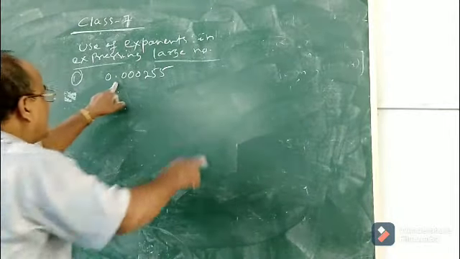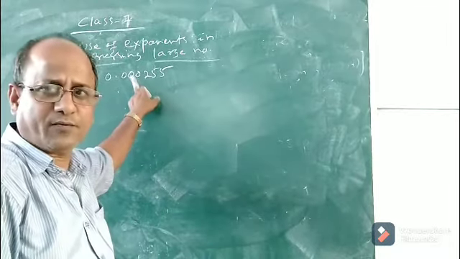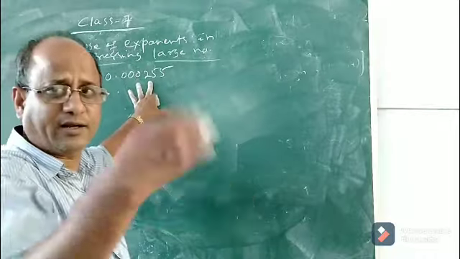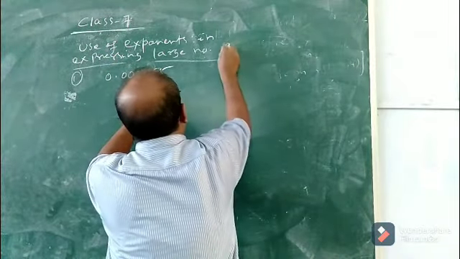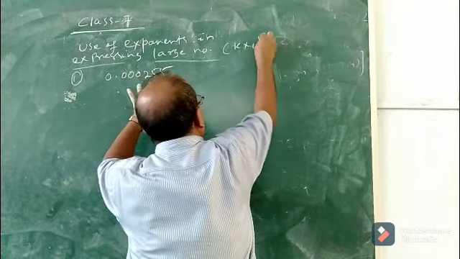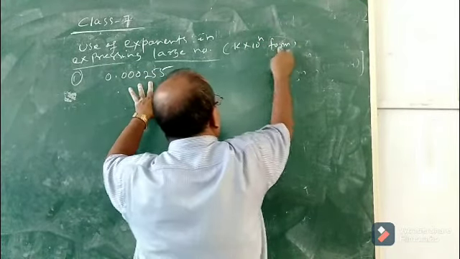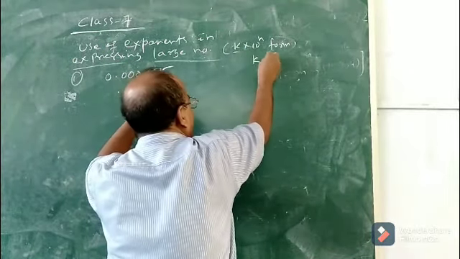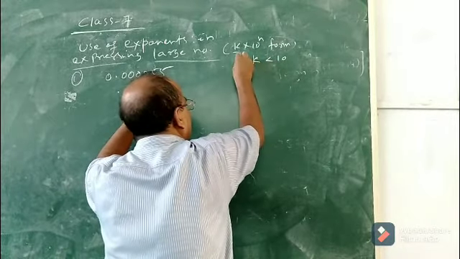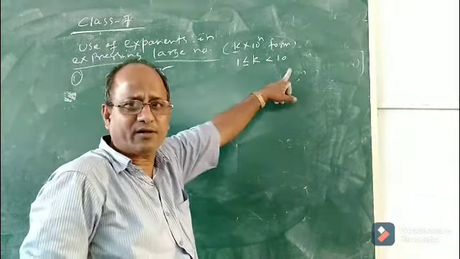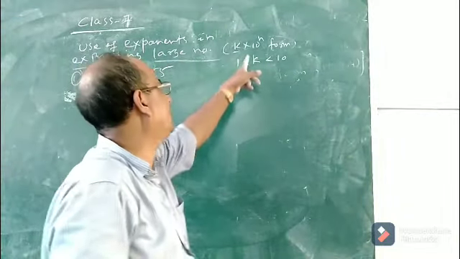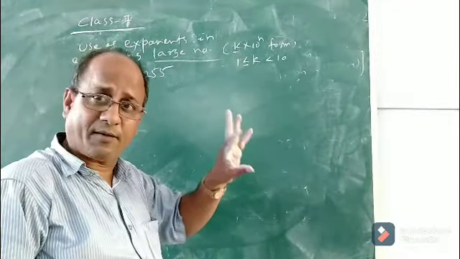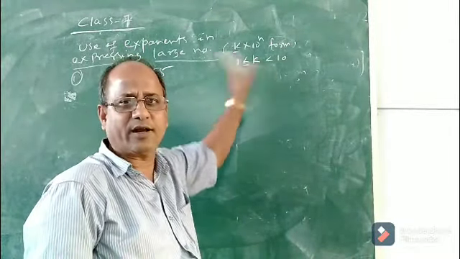See, I have taken a number. How will you find the use of exponent in this particular problem? Suppose the question is you express this number in scientific notation. Scientific notation means your k into 10 to the power n form. It is called scientific notation or standard form, whatever you say. And what is the value of k? K is always less than 10 and greater than or equal to 1. The value of k must be less than 10 and it should be greater than or equal to 1. And what is n? N can be any integer, maybe positive or negative. So you have to express a number in this form, which is called standard form or scientific notation.